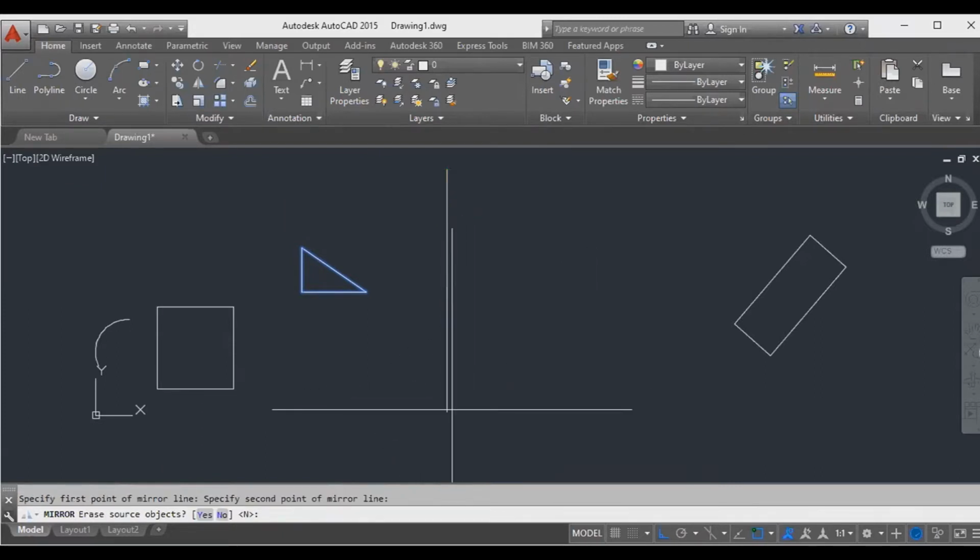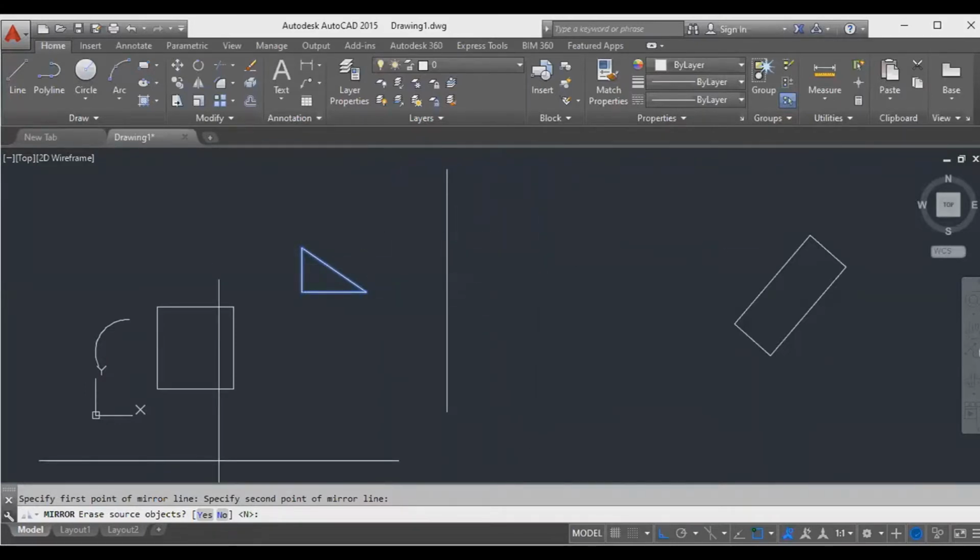Once you select, below you see the computer is asking, erase source object. That means whether you want to keep that object or delete it after you mirror the object. If you say yes, the object will remain here and you also get the new object.